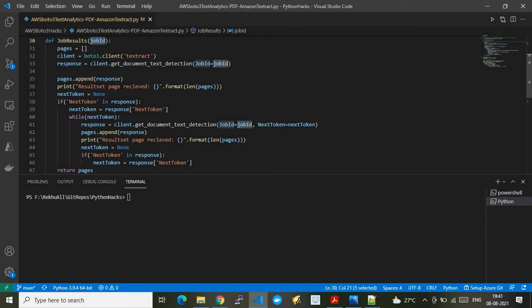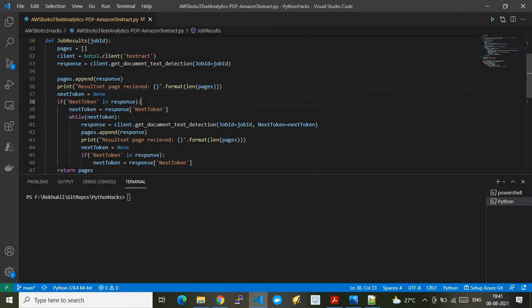Here again we are passing the job ID and loading the Textract module. Earlier I used get document text detection only to check whether the operation completed or not. Now I'm using that same API to get the result. Earlier to check the response, now to get the result. If the operation is done, then I am putting it in a list, that is an array, in simple terms. Once the operation is done, I'm just printing that the job is done.